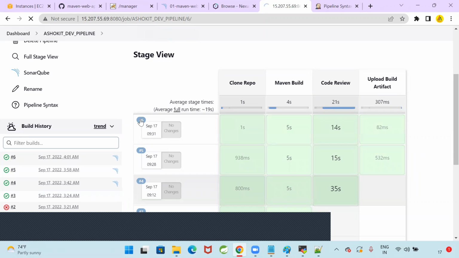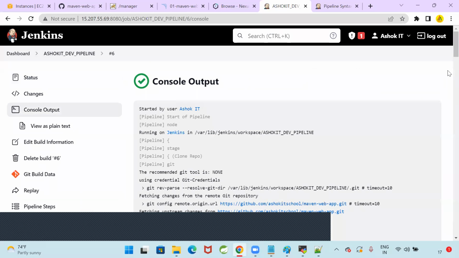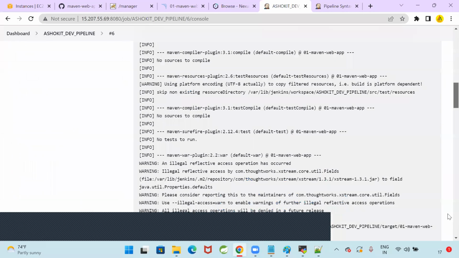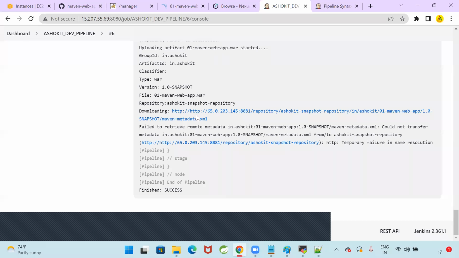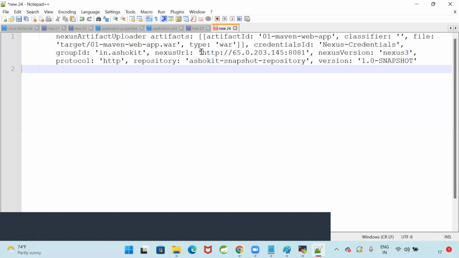Sixth build is running. Go to the build console output. HTTP is appending two times. Now see here, the problem with that double slash got removed. Now there is one more problem. What is the problem now? HTTP appended two times. I have given the Nexus URL with the HTTP protocol and the protocol also I have given